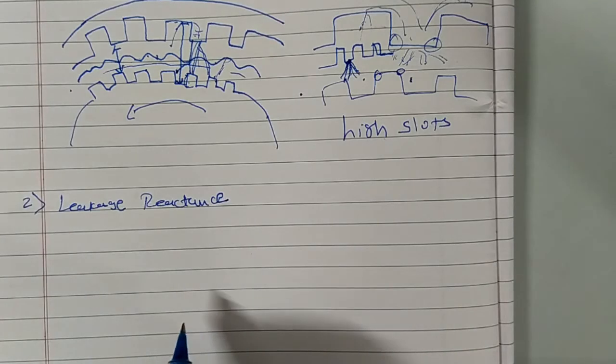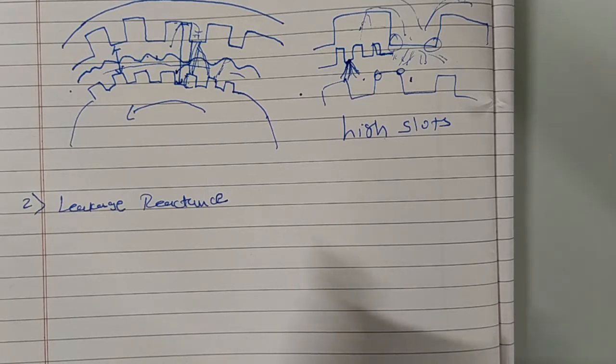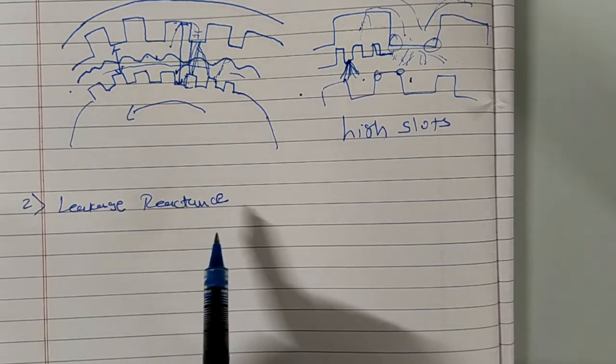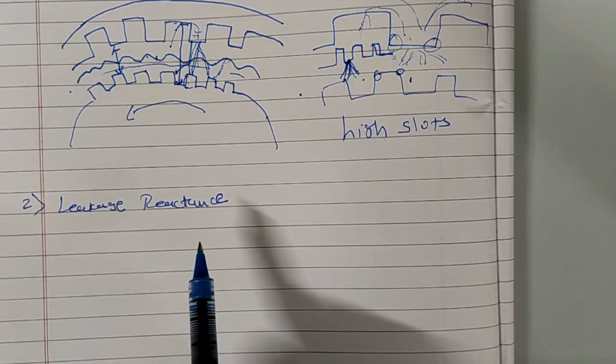If there is a larger number of slots, there are more slots to insulate, so the width of insulation will become more. This means that the leakage flux has a longer path through the air, which results in less leakage flux. So again this point is also saying that the number of slots should be high. With a larger number of slots, the leakage flux and leakage reactance are reduced.